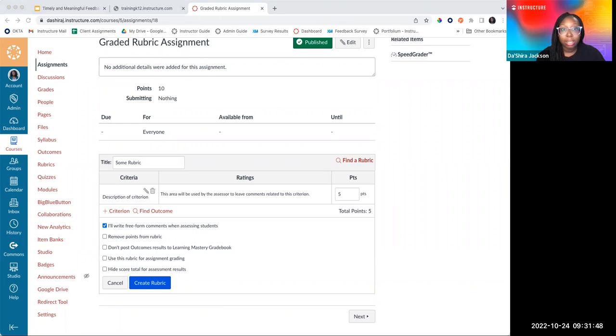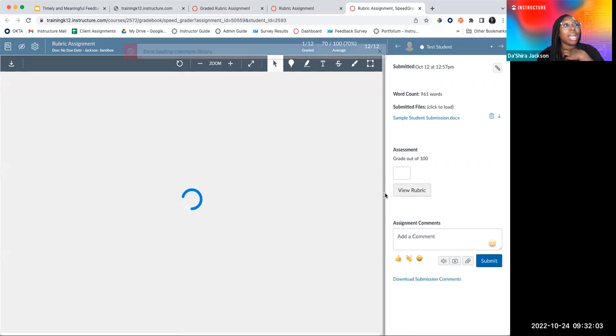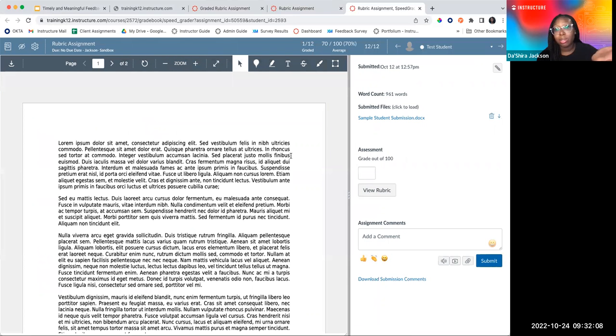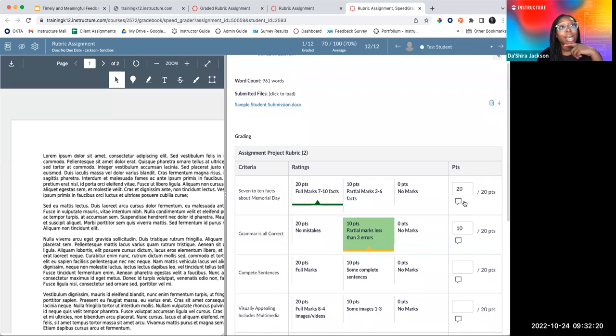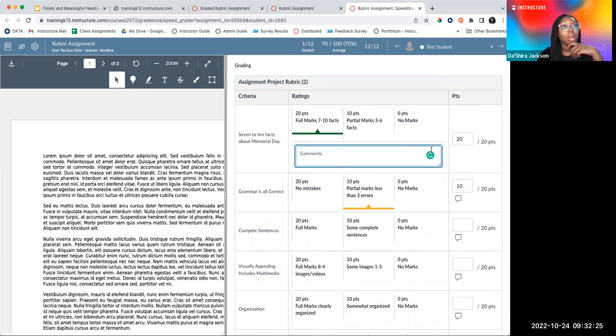And if you want to see, I think I have an assignment here. You also can do ranges, so it doesn't have to be exact points. Here's an example of a rubric I have. Whenever you attach a rubric to an assignment, like this example of a file upload assignment, once the student has uploaded it, I can click view rubric. I have the ratings, and as I click through, it automatically populates the points and calculates the score. You can click the comment box to leave specific comments for that particular criterion.